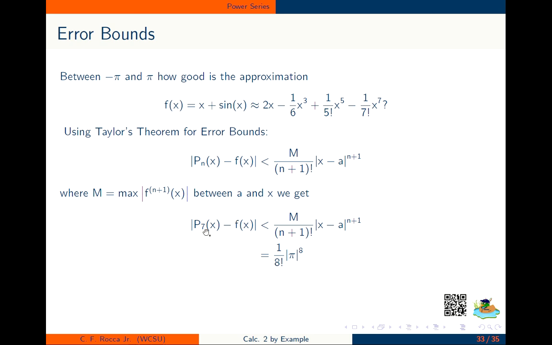It's 8 factorial because it was the 7th degree polynomial. It's pi to the 8th because I needed an n plus 1 here. And again, this is p sub 7. It's the 7th degree polynomial. And it's pi because that's the largest this value can be. Okay. So if we open up our calculator or Mathematica or a computer and get an approximation for this, this is approximately